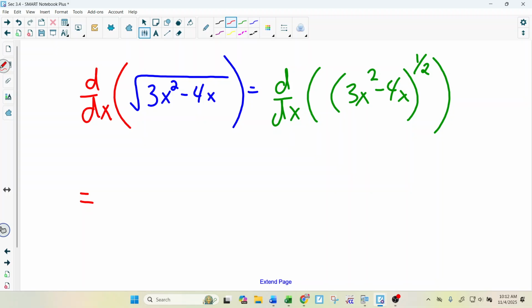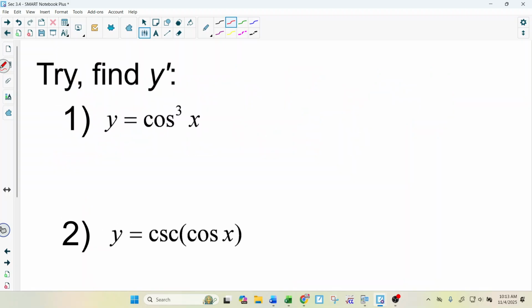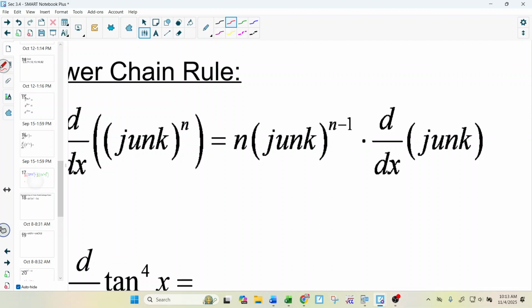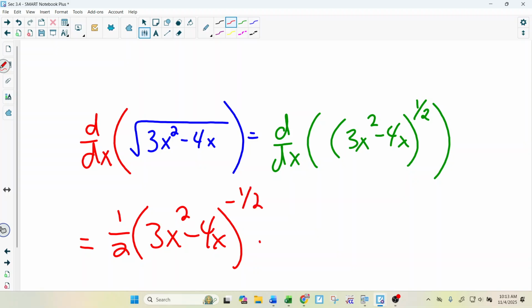This is basically an example that we looked at yesterday of the power chain rule, right? You've got some junk to an exponent, so you bring down the exponent, subtract 1, inside stays the same, times the derivative of the junk. So if we do that, we bring down the 1/2, inside stays the same, subtract 1, times